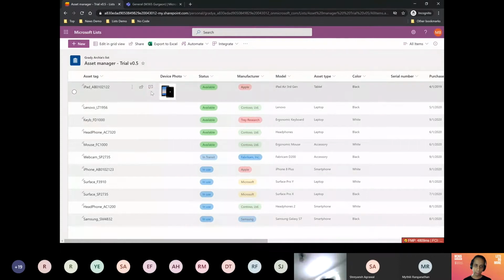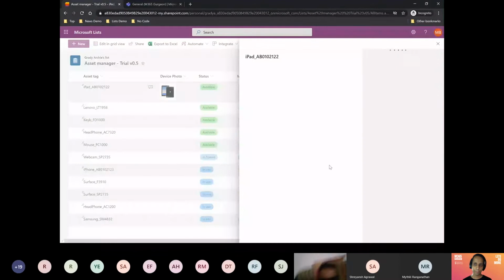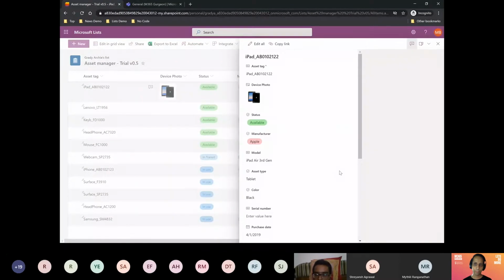Then you can see that this comment is highlighted so that she takes notice that some action is going on in this particular item. She can click on this item, and then she can respond to it. Sure, I will return it tomorrow.